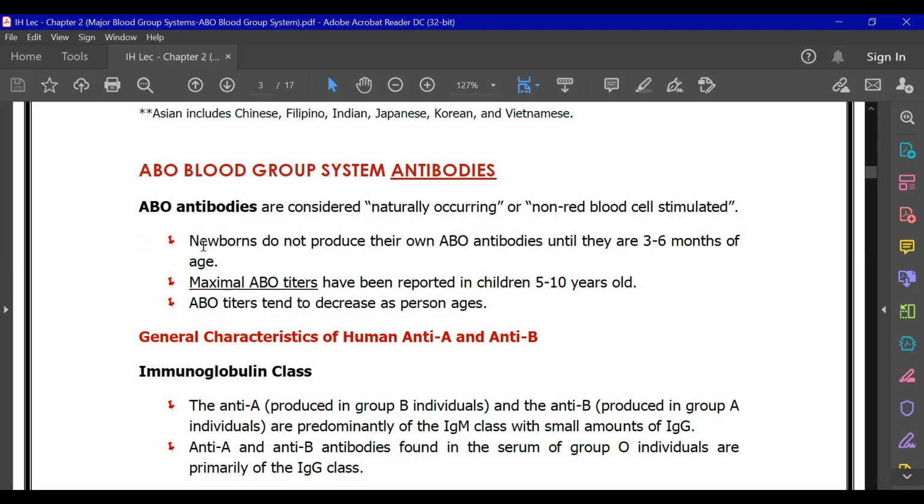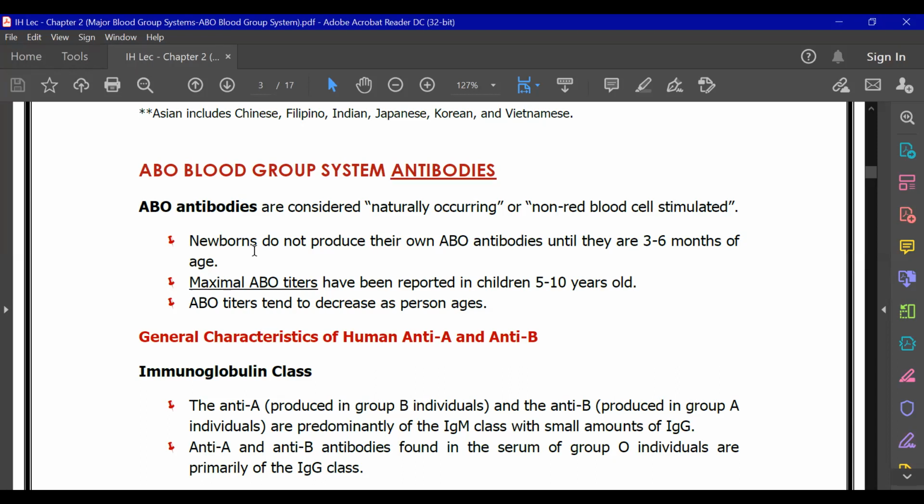So in here, class, in this first statement, newborns do not produce their own ABO antibodies until they are 3 to 6 months of age. This is one of the causes of your ABO discrepancy. So if you are going to determine the blood type of newborns, if you are going to perform a forward and a reverse typing, it is expected na wala kayong makikitang reaction on the reverse typing. Basically because newborns, sabi nga natin, do not produce their own antibodies until they are 3 to 6 months